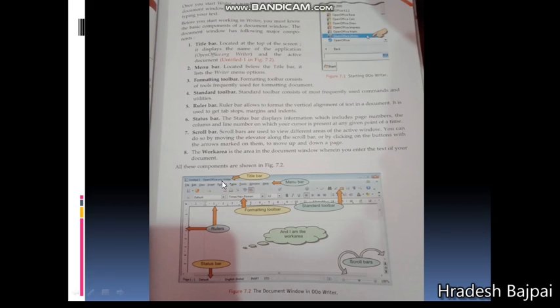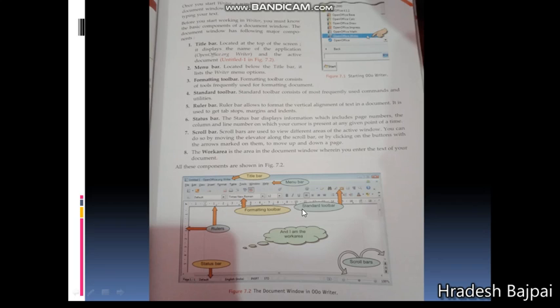Until you save your document, you will find the default name OpenOffice Writer, and as you save your file with any name, you will find that name here instead of the Untitled 1 caption. Next we have the menu bar. It contains different kinds of menus, located just below the title bar, like File, Edit, View, Format. Each menu contains different types of options for making changes in our document.